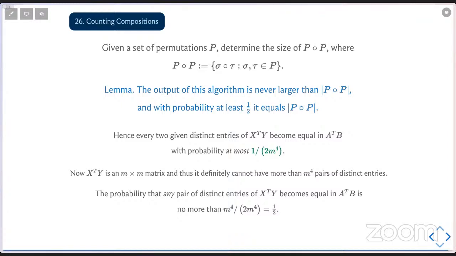Yeah, so one comment is it looks like you don't need the full power of Schwartz-Zippel. You can prove this without Schwartz-Zippel at all. So this looks like some old technique that comes from complexity. So effectively what you have is, the